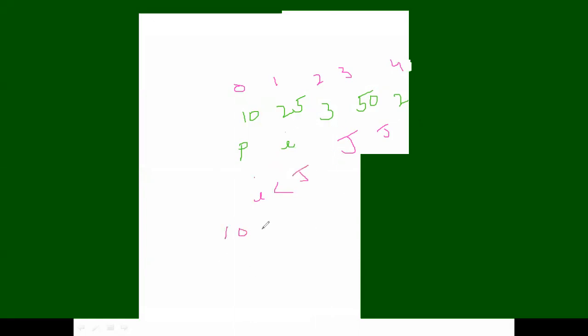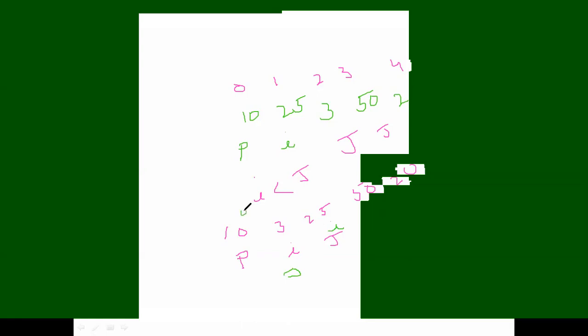So then we have 10, 3, 25, 50, 20. Okay. So j here, i is here. This is my pivot element. Next we choose another color. Now check the condition. So the i value is less than the pivot, then increment i by 1. Then 25, 25 is greater than the pivot, so i comes here. So 25 is greater than the pivot, decrement j by 1, so j comes here.